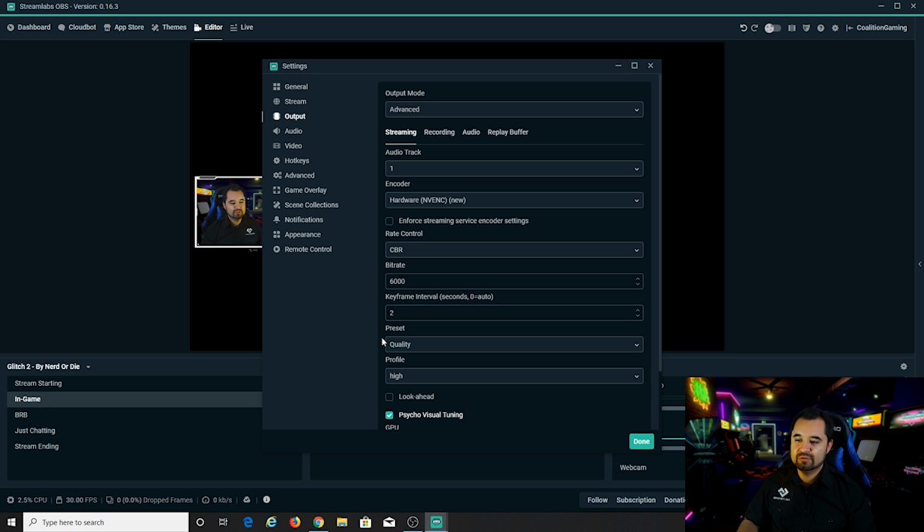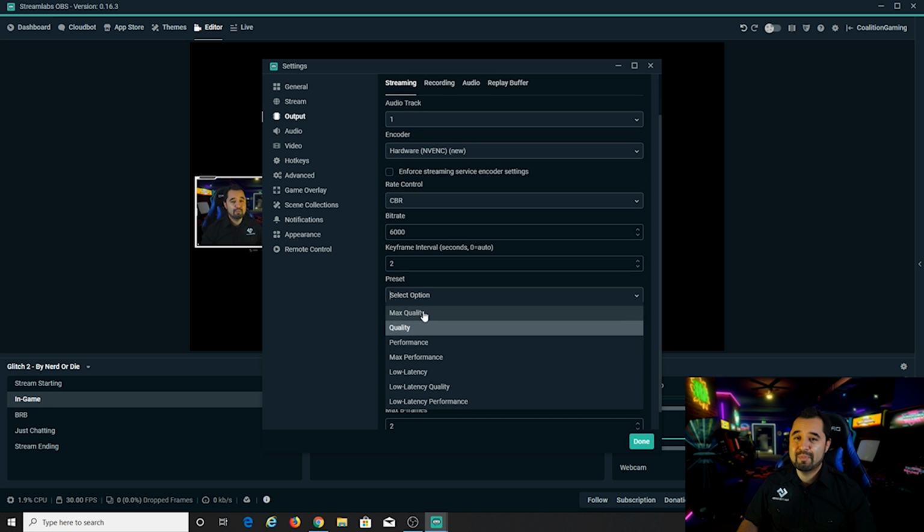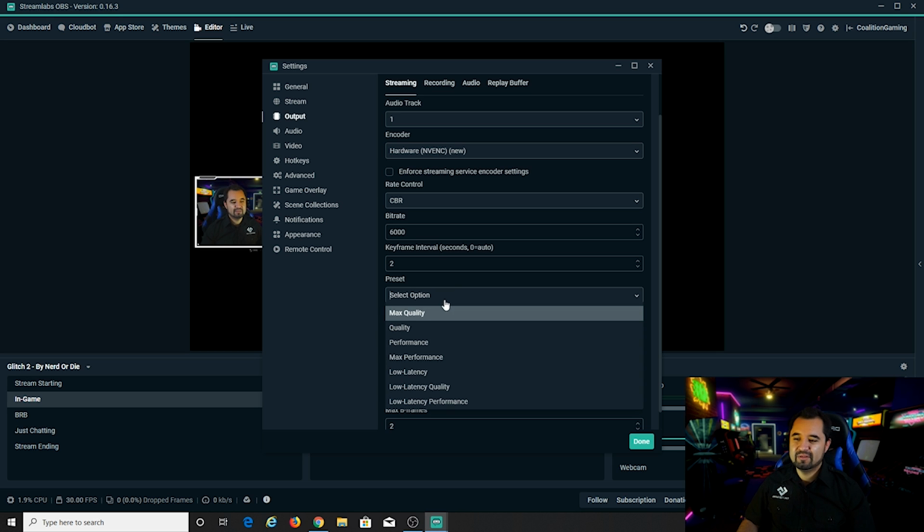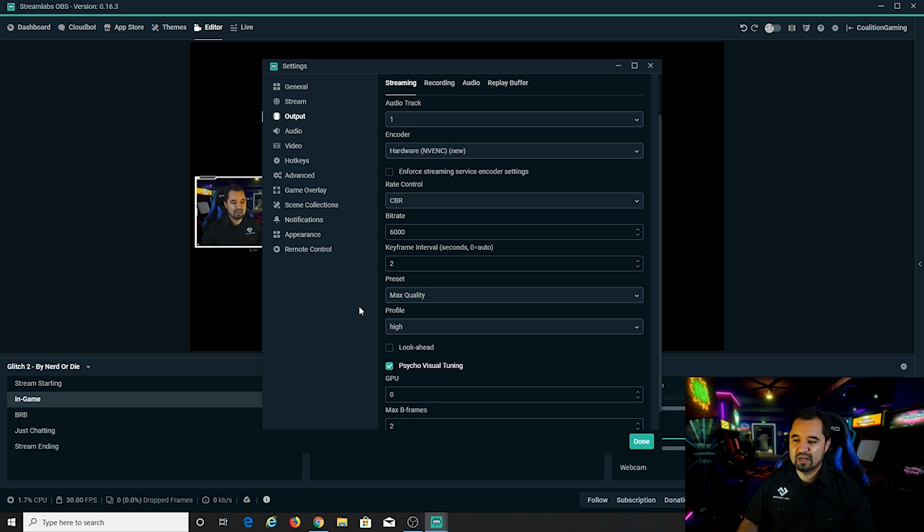Keyframe interval 2. Preset, we're going to go to max quality if you have an RTX or Turing card, GTX 1660 or better. If you don't, and you play a game that's light, it doesn't hit the system too hard, you can leave max quality turned on.